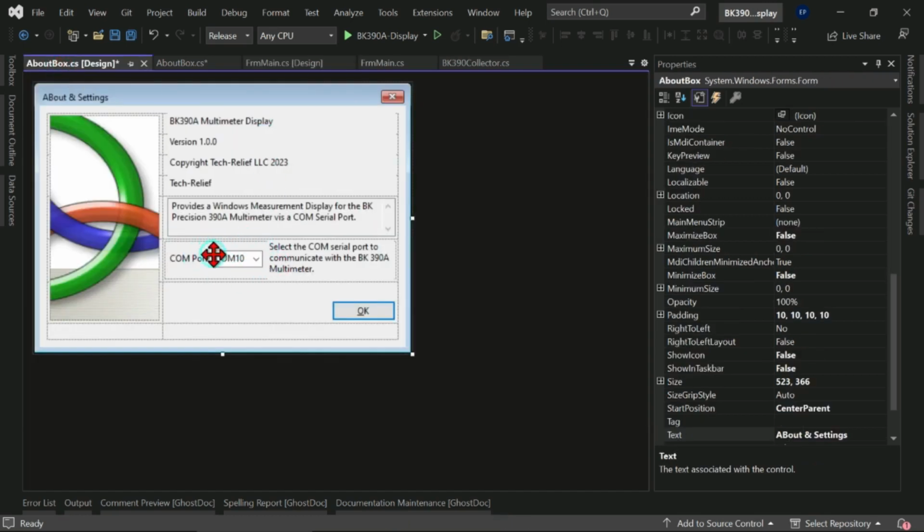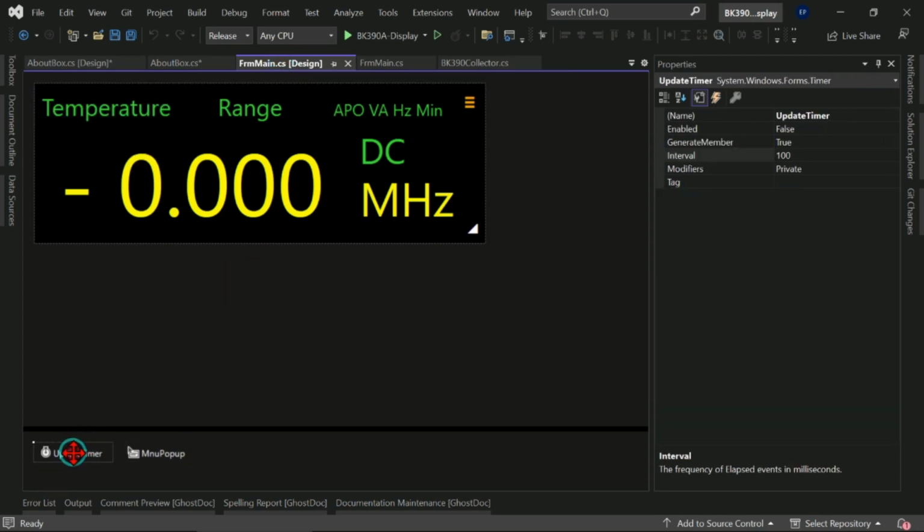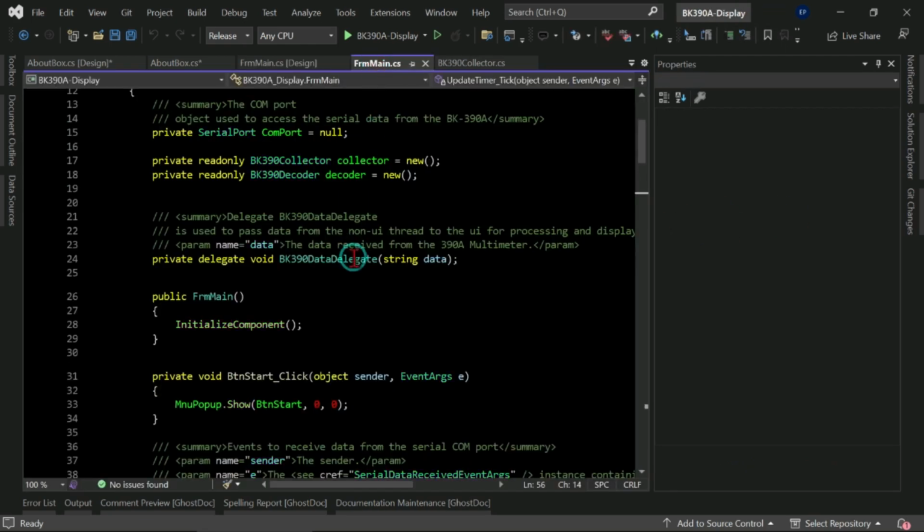I put a little combo box there, and you can select the COM port, but it'll default to the one that it's on. Nothing special there. And I put a timer on there, which actually has an interval of 100 milliseconds, a tenth of a second. The reason for that is that if you look at the code,